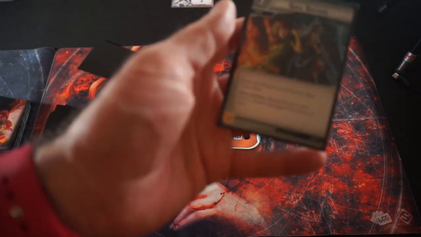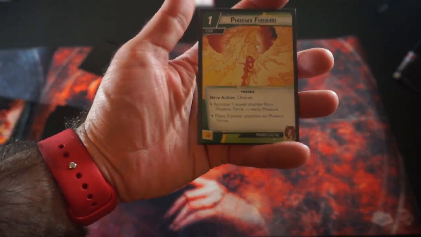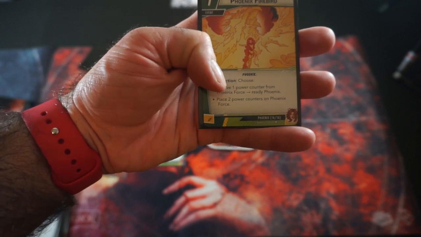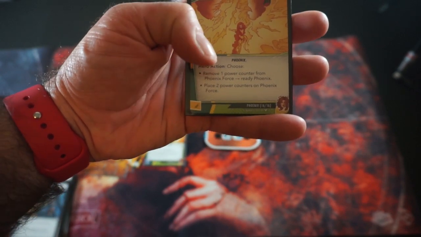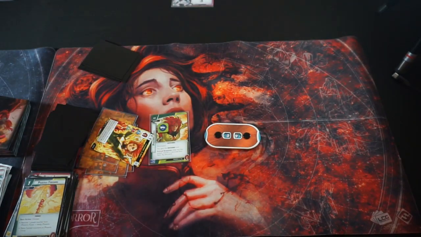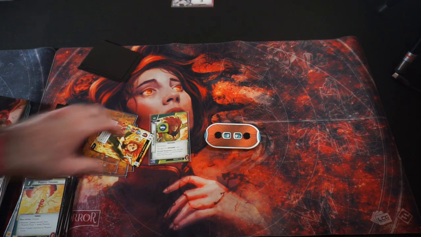So we're going to pay Soul Sisters to play Phoenix Firebird. As a hero action, I can choose either removing 1 power counter to ready Phoenix from Phoenix Force, or place 2 power counters on Phoenix Force. I'm actually going to remove a power counter to ready Phoenix,